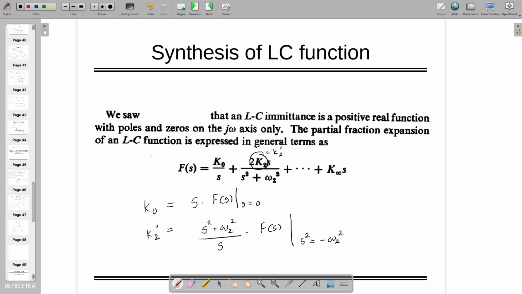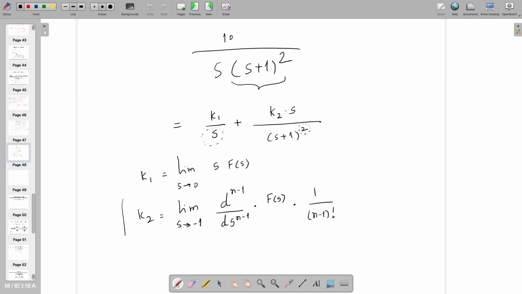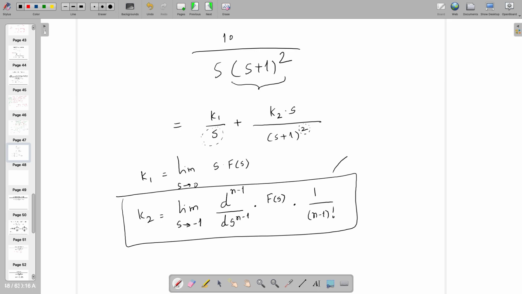Can I write this, right? So this is also another way, and when you do this, you will get the same answer. So Cauchy's theorem, he has derived one corollary where you have to write down the function. Through that, he told that k2 is nothing but s divided by s plus 1 square times f of s at s equal to minus 1. This will also give the same answer,